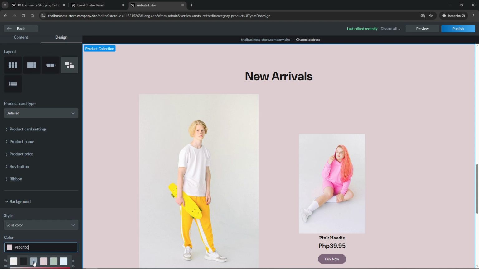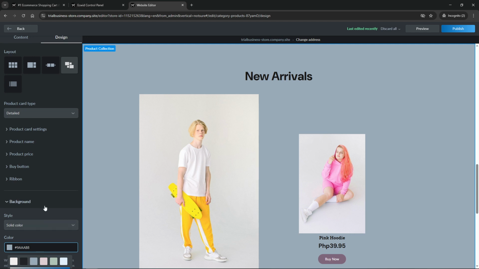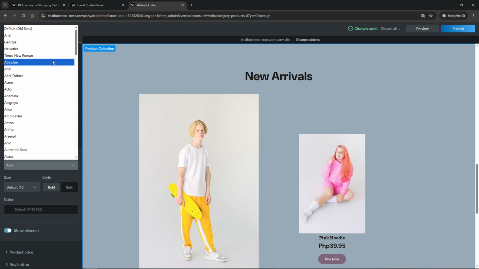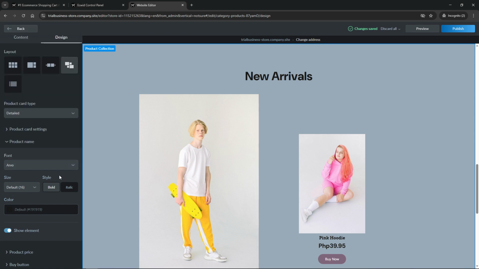With your theme selected, it's time to personalize the colors across your site. This step is crucial for branding consistency and making your store unique. You have the flexibility to choose colors for various aspects of your site, including the background, text, and buttons. As you make your selections, you'll see a preview of what your changes look like in real time. A tip here is to ensure your colors contrast well enough for text readability and to keep them aligned with